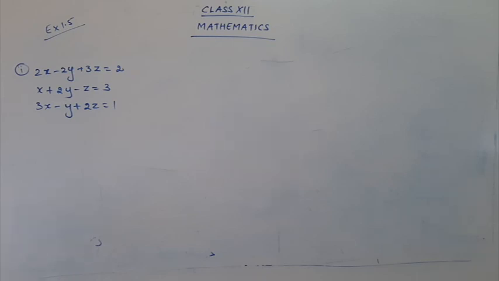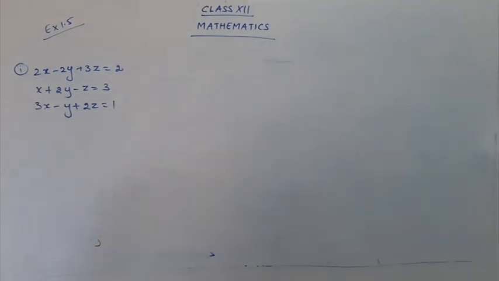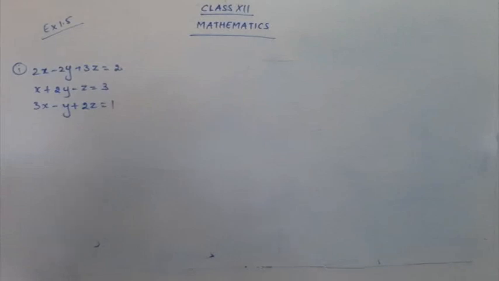Okay, so let's start with our sum. What we are going to do here is transform the augmented matrix into echelon form. You can refer to page 36, where they have given you a solved example of this. You can just refer to that and continue your sum.